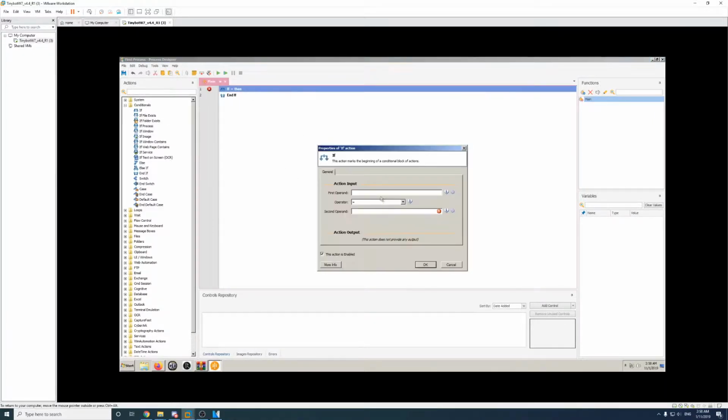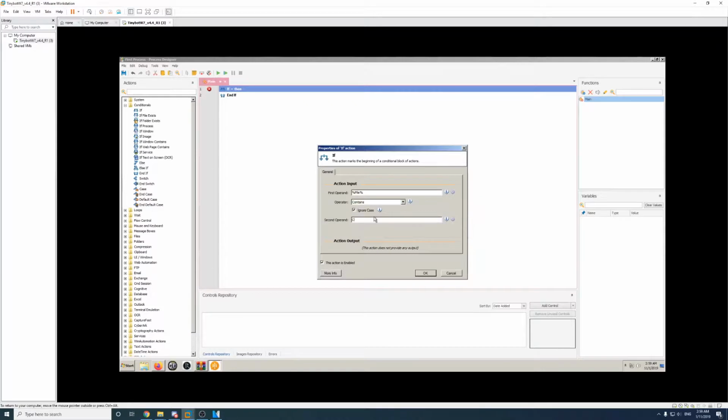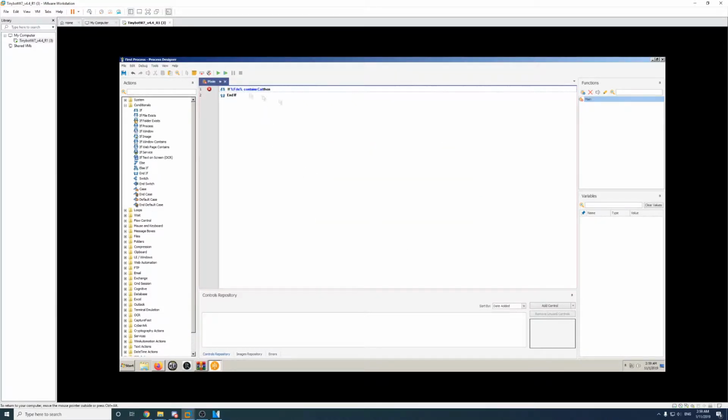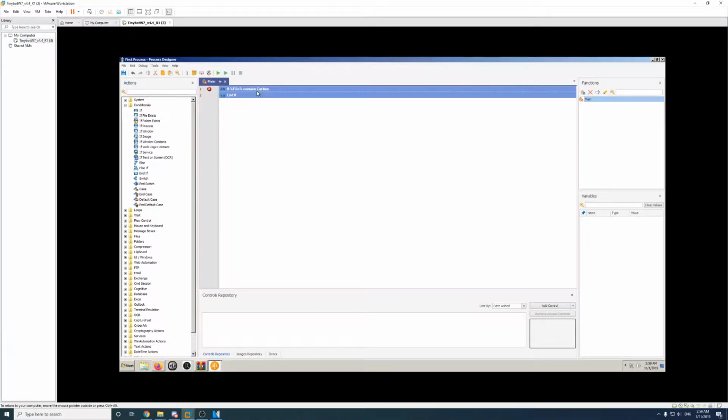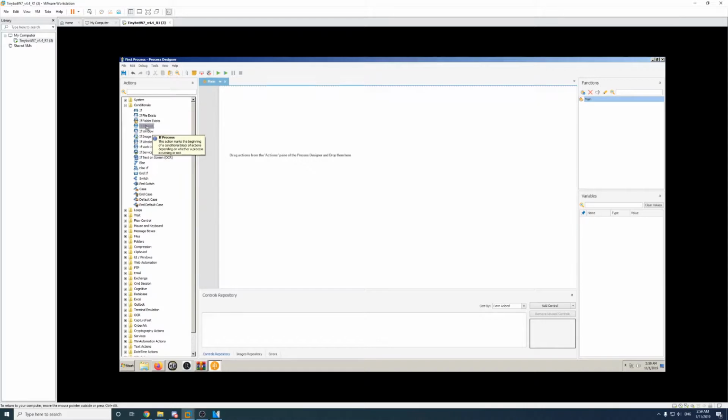So we can say if file equals, or we can say contains cat. Right now we don't have a file being loaded, so it's throwing an error, but this is just an example. We can say if the file contains cat, then we do something else. We can say if a process is running, we can stop the bot if a process is running. If service, if window contains